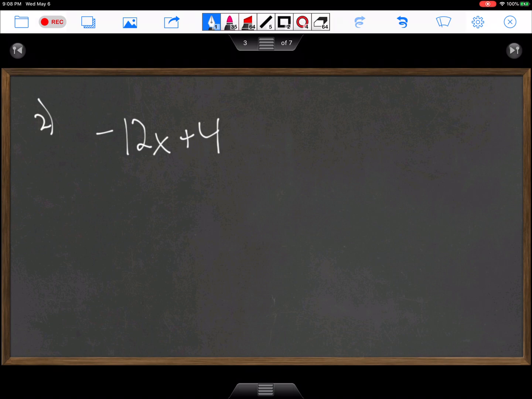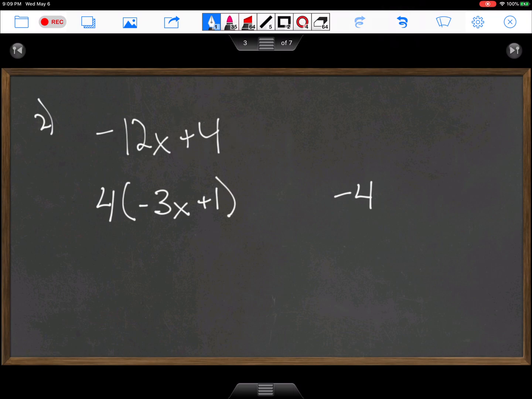All right, this one is a little simpler. If I look at both of these terms, I'm looking for the biggest thing I can divide them by. So I'm looking at the coefficient first. I've got a 12 and a 4, and there is a factor of 4 there. You could also think about factoring out a negative 4, and you could. So let's do it both ways. If I divide this term by 4, I get negative 3x. If I divide this term by 4, I get a